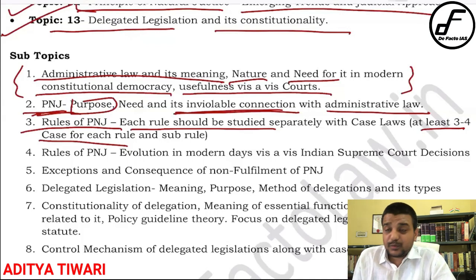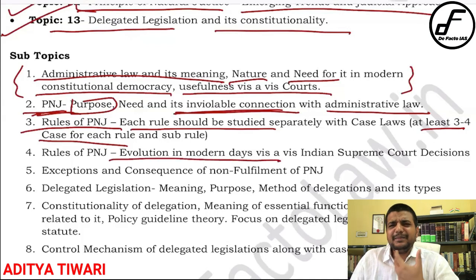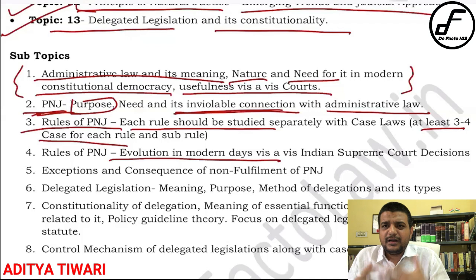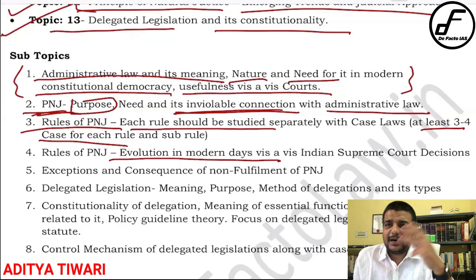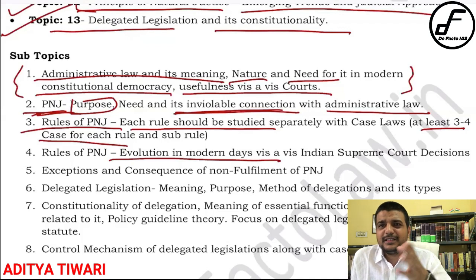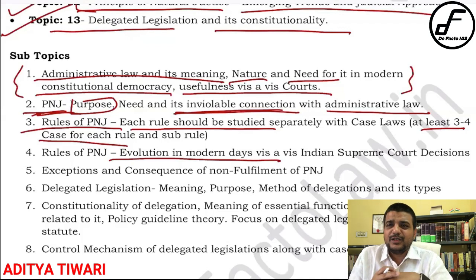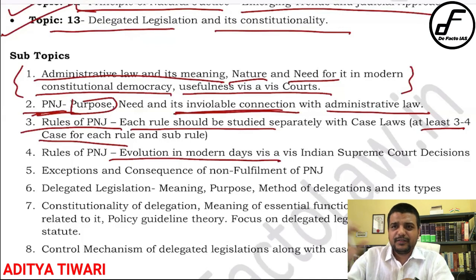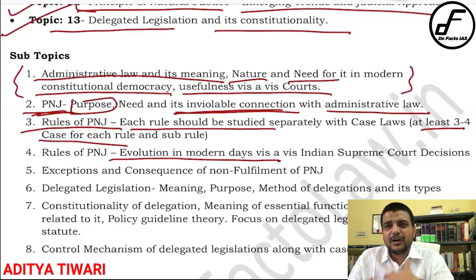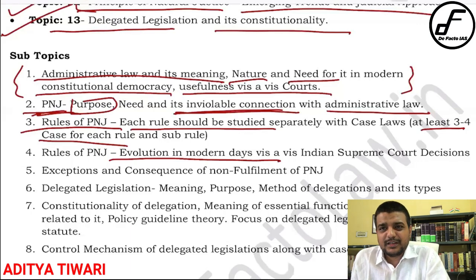Then you come to the rules of PNJ, its evolution in modern days. Multiple times this question has come: what is the modern approach of natural justice, or what have been the recent developments with regard to natural justice? So apart from these 2 major principles, the recent developments have been its connection with the Constitution, its connection with the positive discrimination doctrine, referred to Article 14, and its connection with Article 21. So these were the modern developments in the principle of natural justice with respect to the Indian Supreme Court